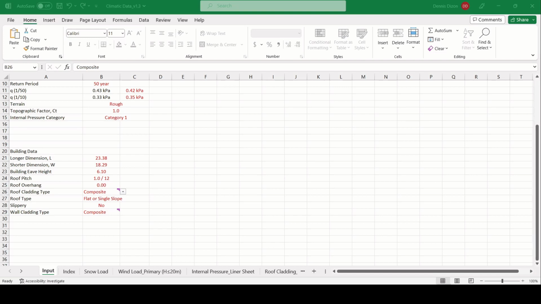So when you design the interior liner, you will only design it based on the internal pressure. And then for the metal cladding, you will design it only based on the external wind pressure. But of course, when you design the girts itself, then you have to apply the true load, because